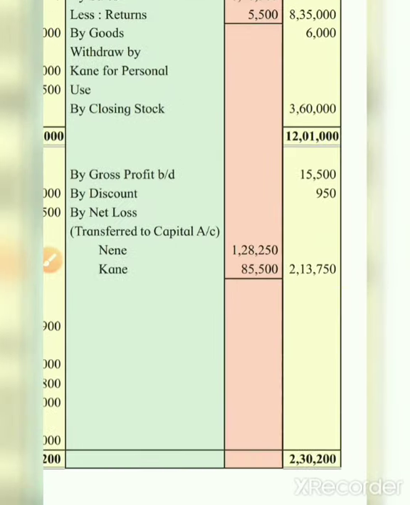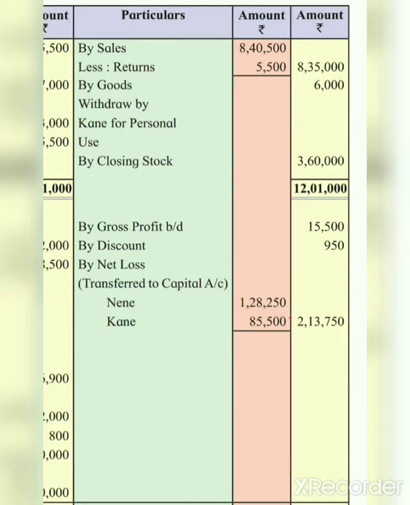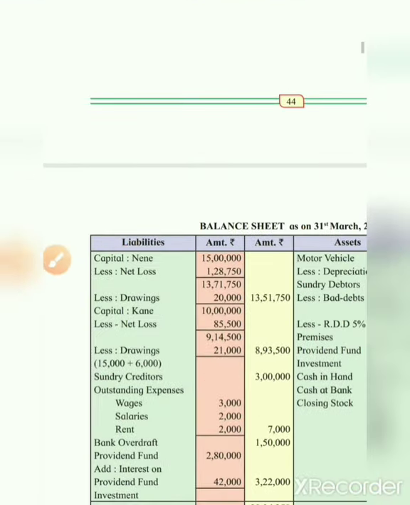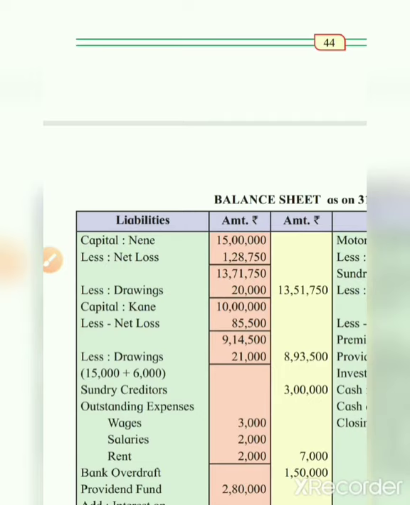Now, as this is a problem based on partnership final accounts, distribute this loss amongst the partners in the given ratio, that is 6:4. So calculate the amount. 6 divided by 10 into 2,13,750. This share of rupees 1,28,250 will be given to the first partner, and the remaining share of rupees 85,500 will be given to the second partner. As this is the amount of net loss, this net loss will be deducted from the partners' capital on the balance sheet. So see, this is our balance sheet, and here we will deduct the amount of net loss from the capitals of the partners.